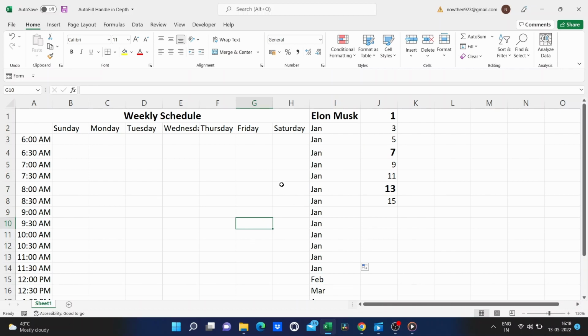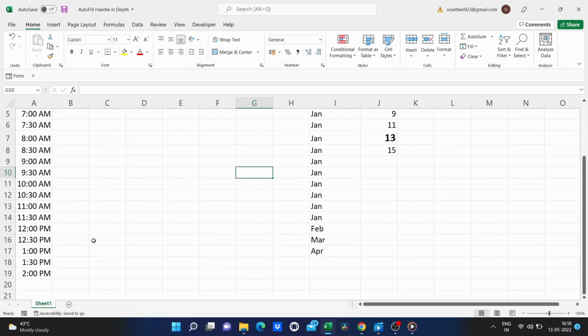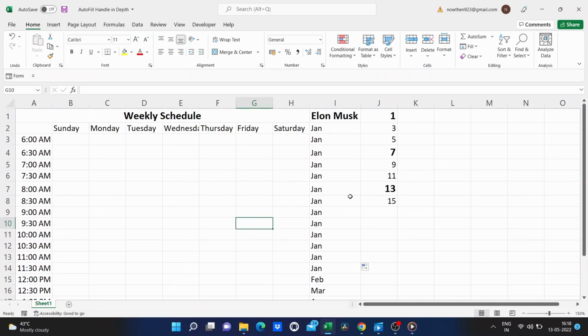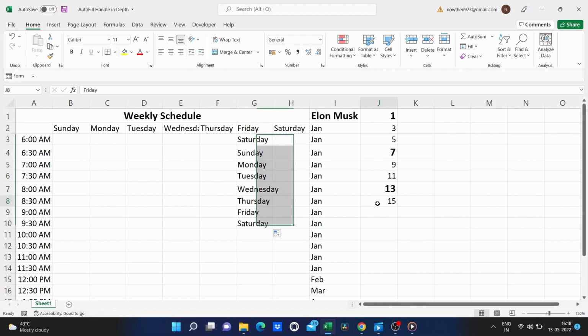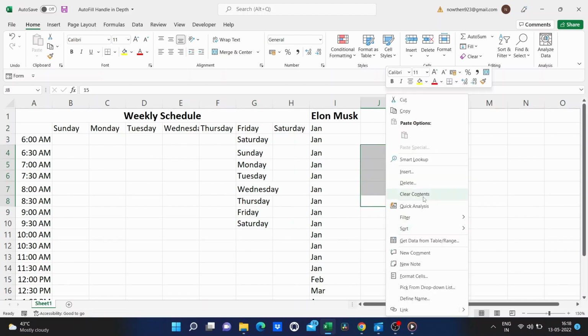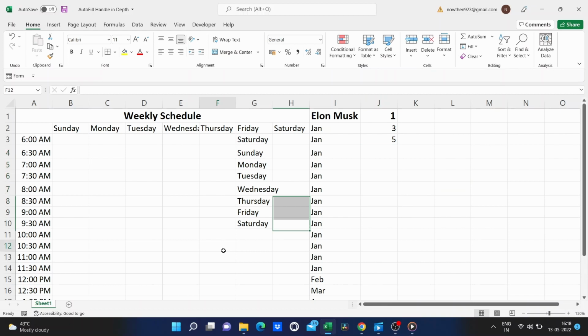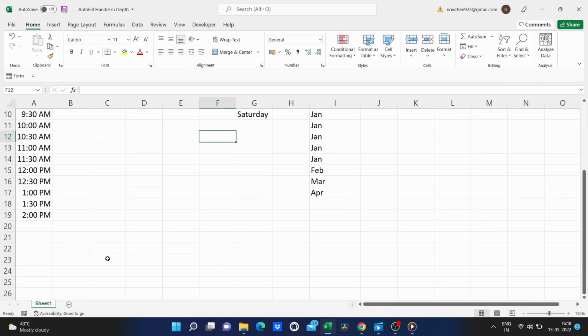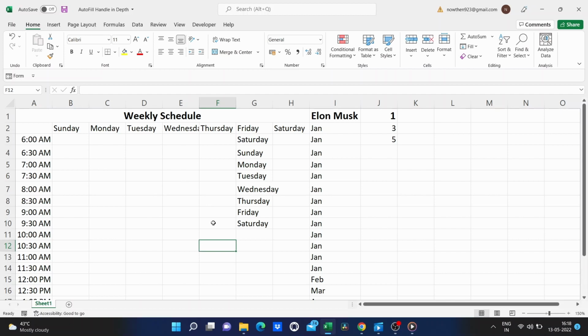Now, one other thing to be aware of when you're working with a small manageable spreadsheet like this one, that really only has 20 or 30 rows in it, it's totally reasonable to just click and hold the autofill handle and drag down, right? That's not a burden. That's not difficult. But imagine a spreadsheet with 500 rows, 1,000 records, or whatever it is. How tedious would that be to click and drag the autofill handle down? Well, the good news is, instead of clicking and dragging it down, you can highlight the cell, or in this case, the pattern, the range that you want to copy or extend, and then just go to the autofill handle and double click.